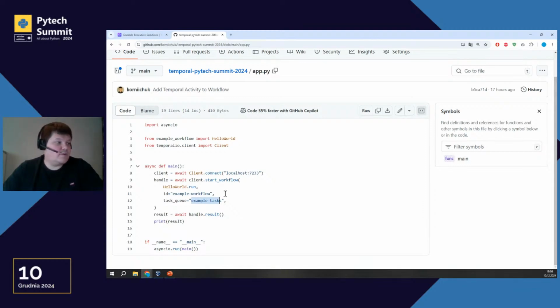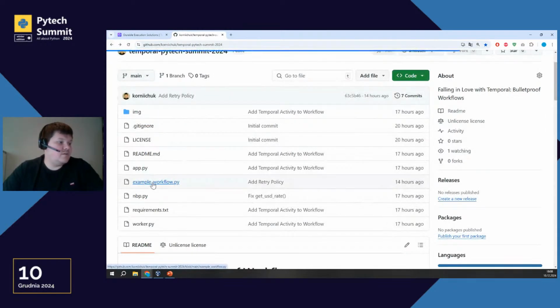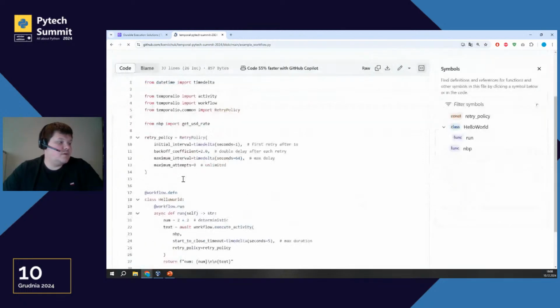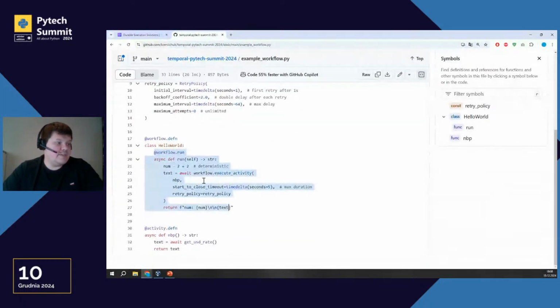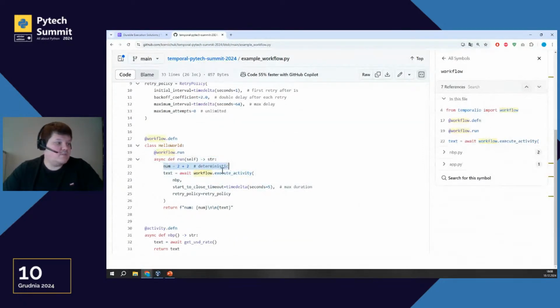And that's it. So we have our normal Python code, and we can start our workflow with the Python SDK. In this case, we will start our workflow here. First, we will execute a deterministic 2 plus 2, and next we will execute an activity.